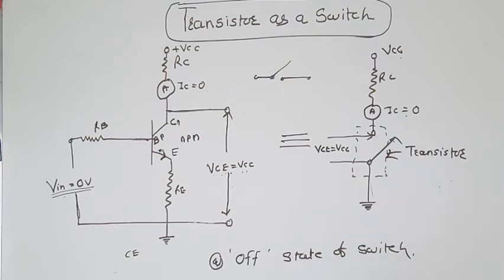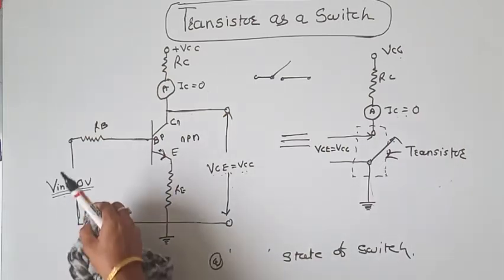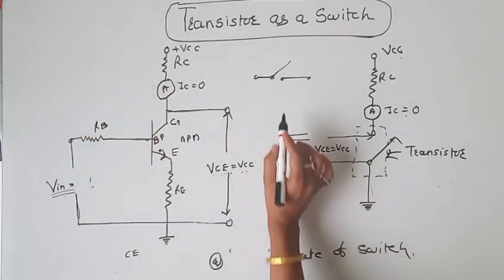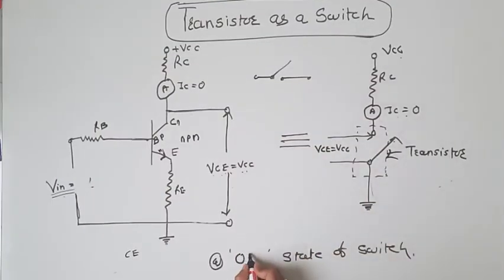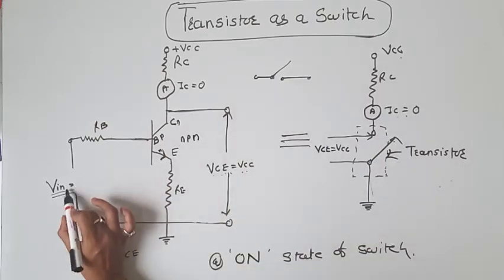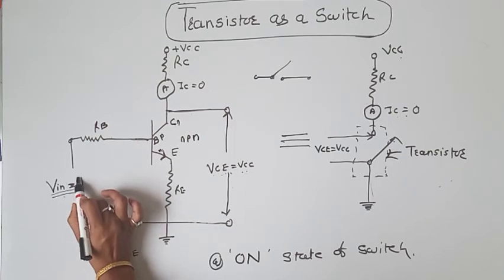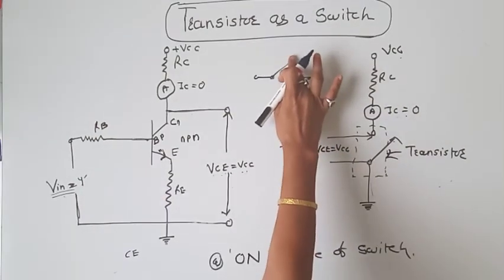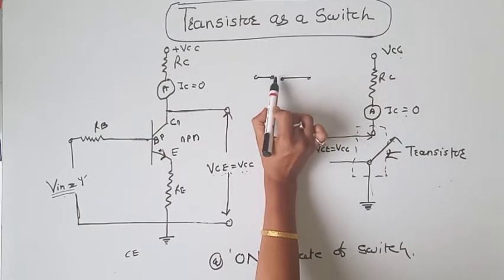Now let us move towards the next action of switch. And what is the next action? I am going to explain it. See what changes I am going to make here. You just observe carefully. This is what? On. As we have to see the on state, input voltage is equal to 1. That means logic 1 or certain 5 volt voltage. So let us start the action with this.